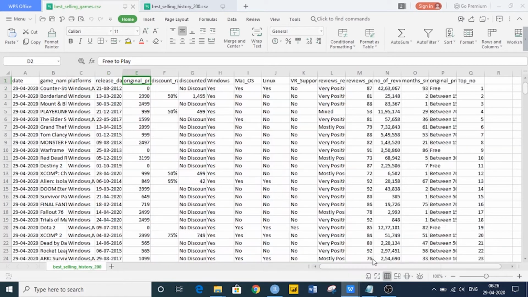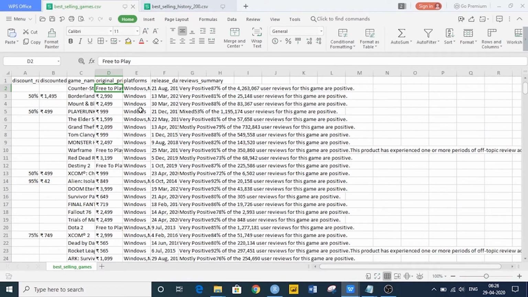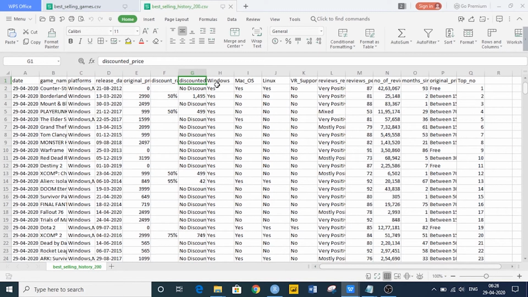And the next column is discount rate. Nothing is done in this column also. The next one is discounted price. Wherever a blank space is available, it is replaced with no discount. That is the only thing done in this column. And the next four columns, as I already told, are derived from the platform column.